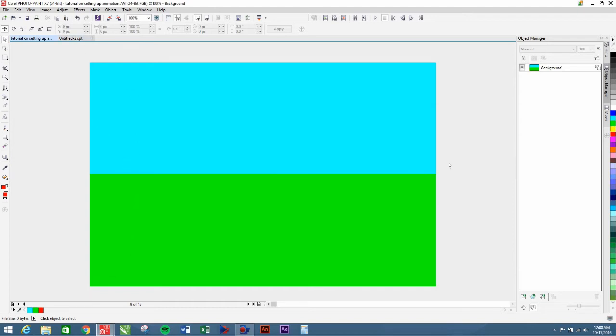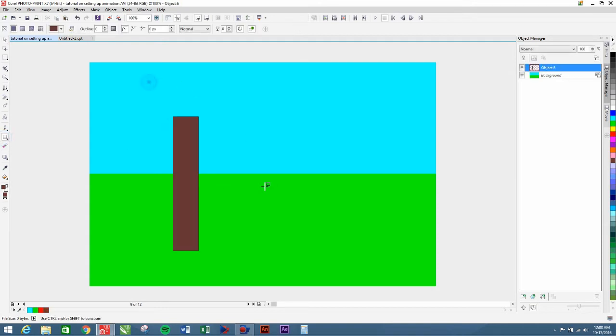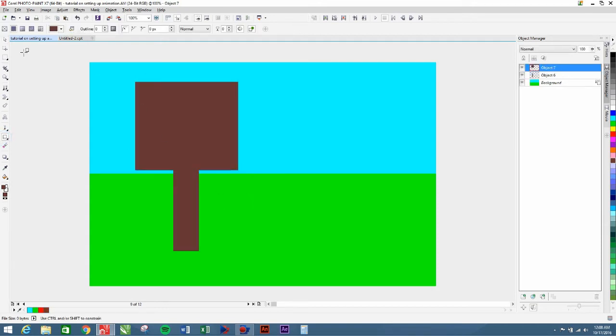Another thing is, suppose there's something that you decided, maybe you made a tree or something. You created a tree, and you want this tree to be on every single page. What you would normally do is you would copy it and paste it. Go to the next frame, paste it. Go to the next frame, paste it. But if you knew that all 12 frames you wanted this object in there,